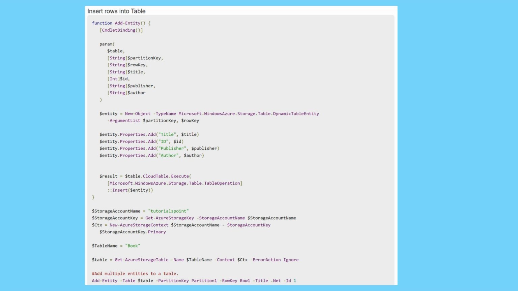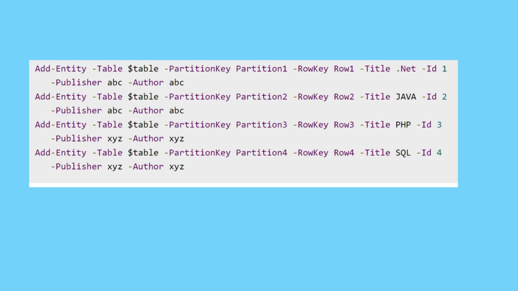-Name $tabName -Context $ctx. Insert rows into table: function Add-Entity, [CmdletBinding()], param($table, [string]$partitionKey, [string]$rowKey, [string]$title, [int]$id, [string]$publisher, [string]$author), $entity = New-Object -TypeName Microsoft.WindowsAzure.Storage.Table.DynamicTableEntity,